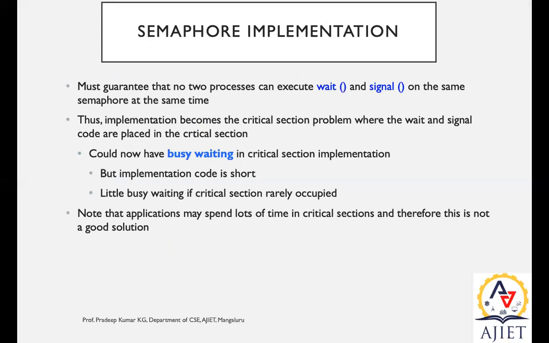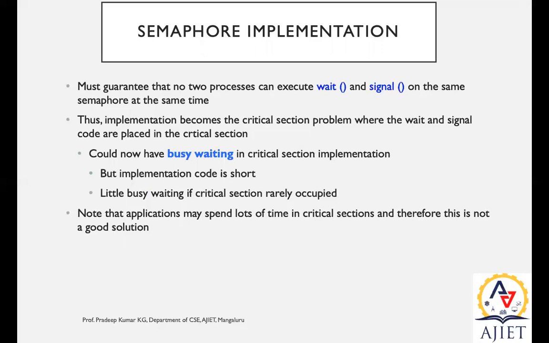Say process P1 and P2. Initially, process P1 is getting into the execution. The signal, however, should be given the value 1 because it is a binary semaphore. Whenever process P1 enters this scenario, the same process P1 should be in the critical section and in signal also. Once it completes the critical section execution, only then does it move to the signal. So that is the binary semaphore.